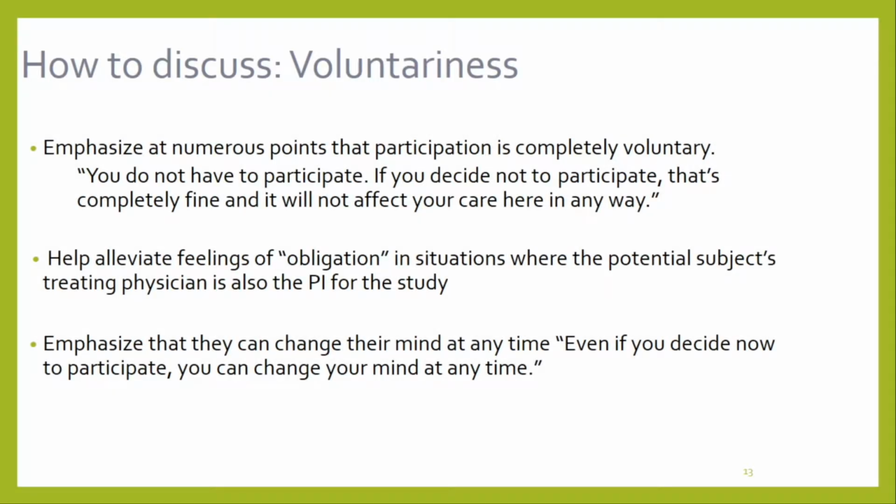Emphasize, when we talk about voluntariness, the voluntary nature, and we know that's one of the required elements of informed consent. When we talk about voluntariness, we have to emphasize at numerous points that the participation is completely voluntary. You can quit at any time if you choose to participate. It's completely fine. It will not affect your care in any way. Sometimes we will say, however, if you do want to quit, please let us know and we may ask you to come back for a final visit just to make sure that everything's okay. Also, if you have any unused medication, if it's an investigational drug, those kinds of things. But they have every right to at any point